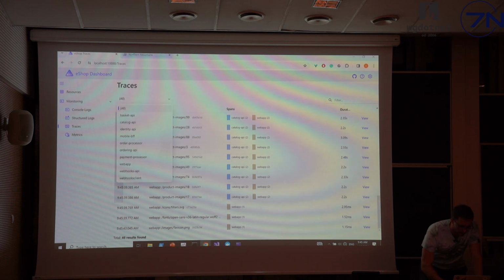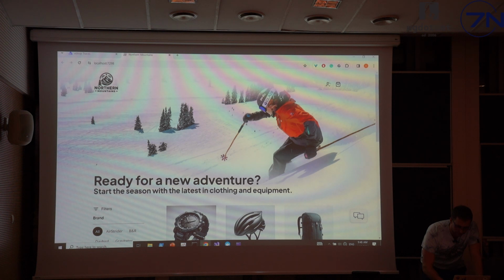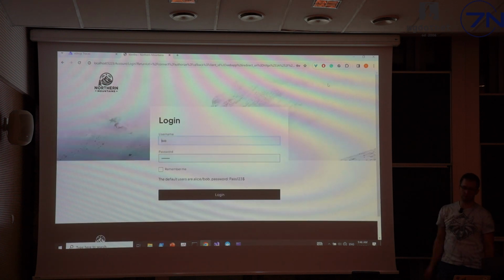Let's log into the app and show you how much work it's going to take internally, how many requests are going to be performed.